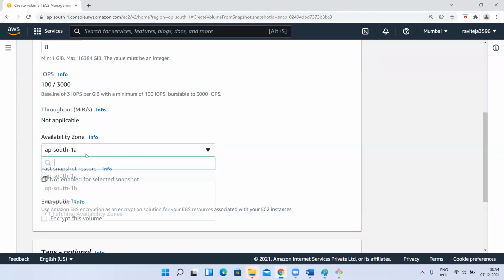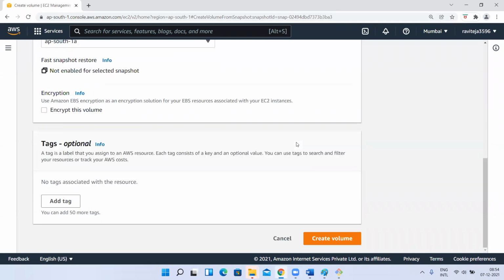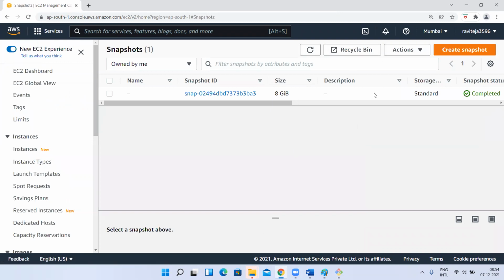Understood, guys? I'm not going to create a volume, but it is like creating a new volume, where the data will come from the snapshot. Whatever options you want for the new volume, you can get that. Understood, guys?